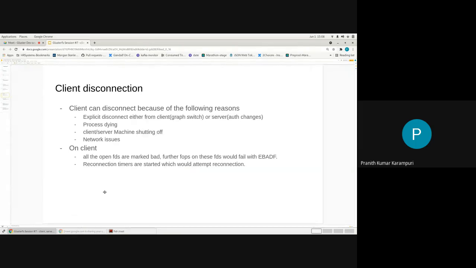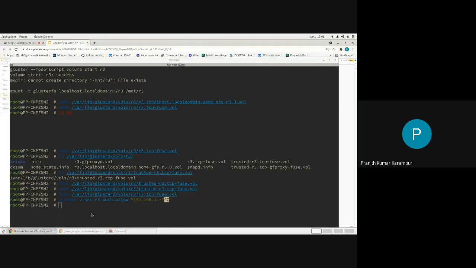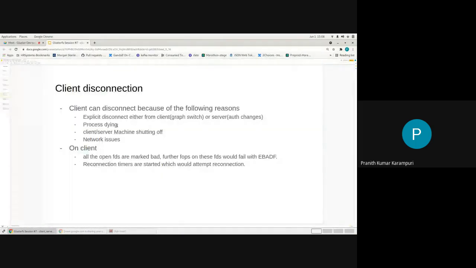All right. We will look at the disconnection part now. So disconnect can happen for a variety of reasons. Maybe the server process died, or the connection between client and server machine has some problem. Maybe the server machine is rebooting. All these kinds of things can trigger a disconnect.